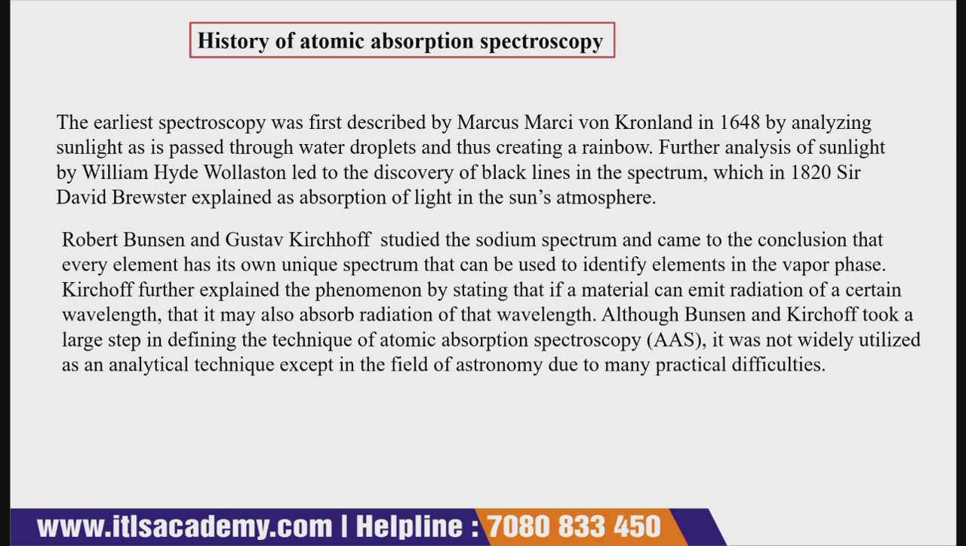Further analysis of the sunlight by William Hyde Wollaston led to the discovery of black lines in the spectrum, in 1820. So the second is William Hyde. He analyzed the sunlight further, and he gave the discovery of the black lines that are present in the spectrum. Have you ever seen the spectrum? So the discovery of those black lines in the spectrum was given by William Hyde